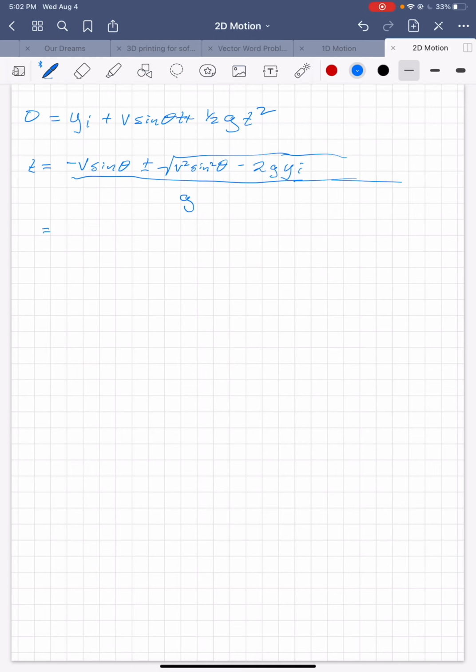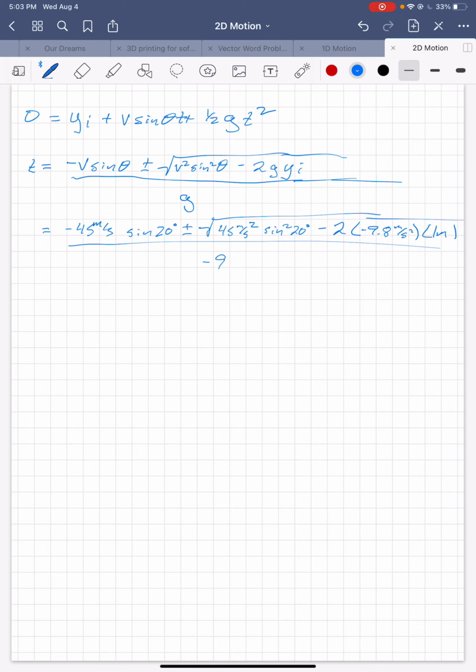So I know my initial velocity is 45, so minus 45 meters per second sine 20 degrees, plus or minus the square root of 45 meters per second, that value is squared, times the sine of 20 degrees, and that value is squared, so sine squared 20 degrees, minus 2, g is actually negative 9.8 meters per second squared, times y initial, which is 1 meter, and I divide that whole thing by negative 9.8